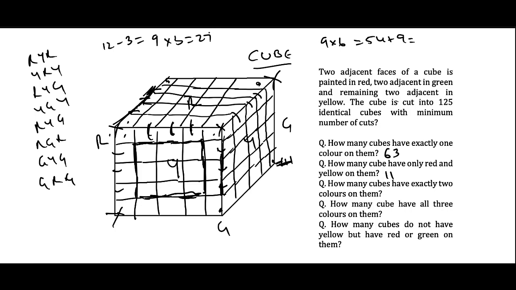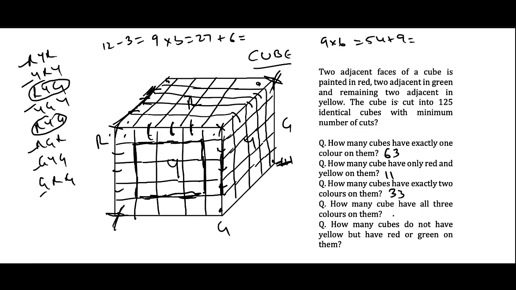So on the edges we have 27 cubes with exactly two different colors. But if we look at the corners, only two corners are painted in all three colors, the diagonal ones, and the rest are painted in two colors. Though it is a three-face painted cube, it has only two colors: red, red, yellow; red, red, green; green, green, yellow; green, green, red; yellow, yellow, green; and yellow, yellow, red. So we have to add the 6 corners, which gives us a sum of 33.